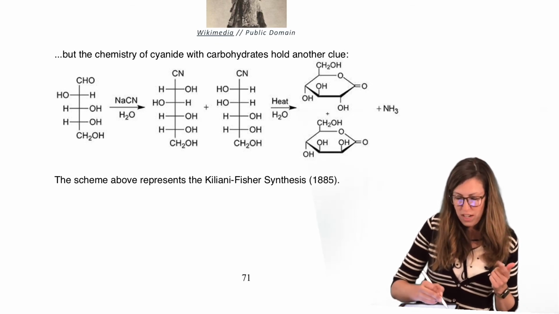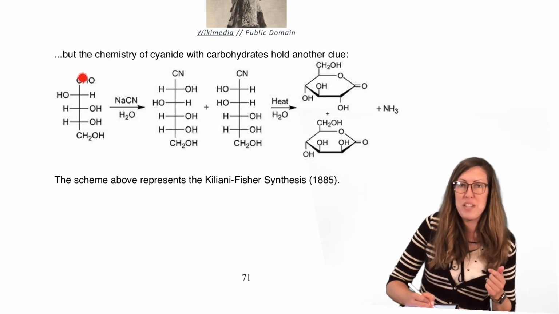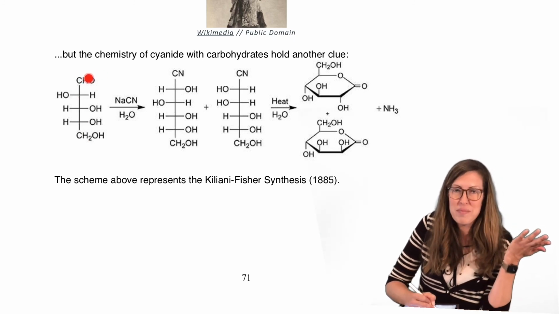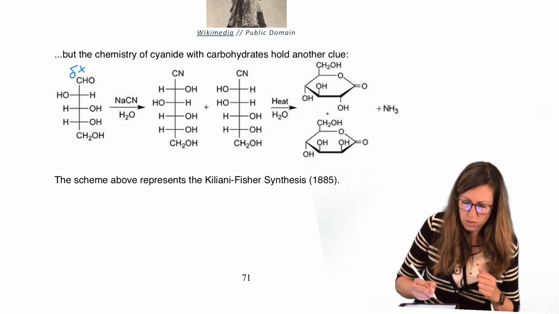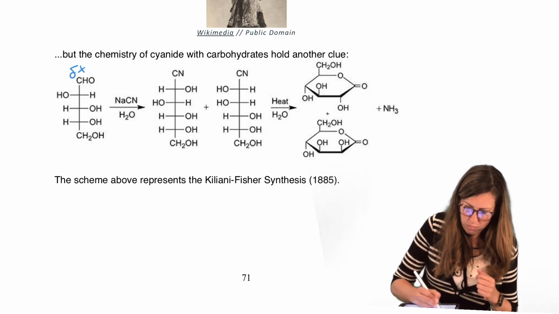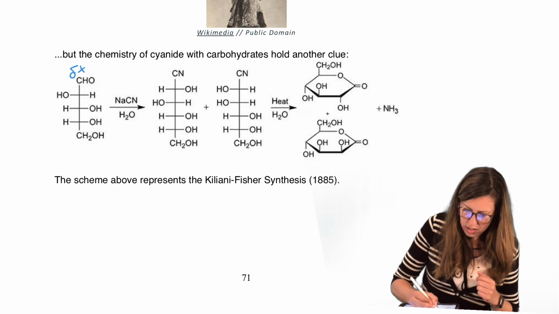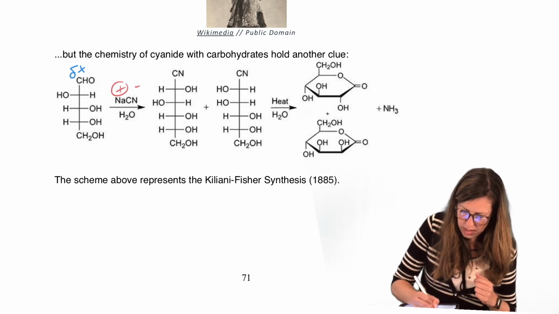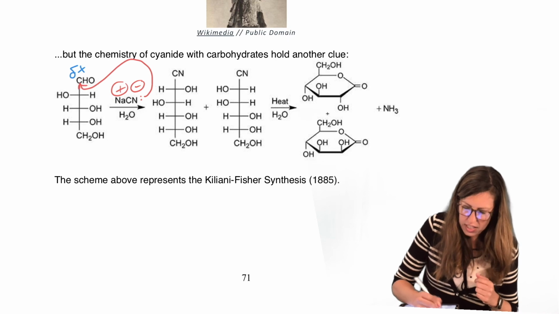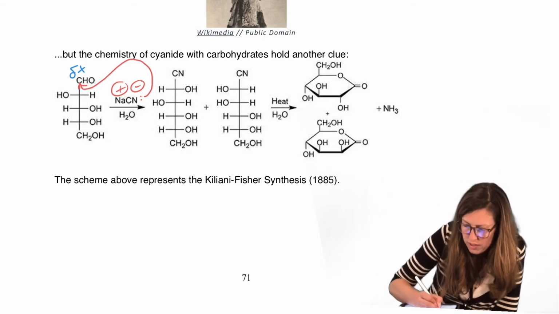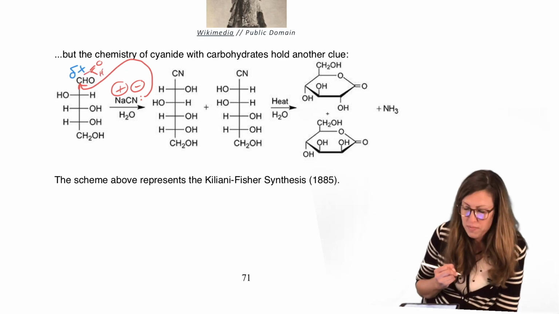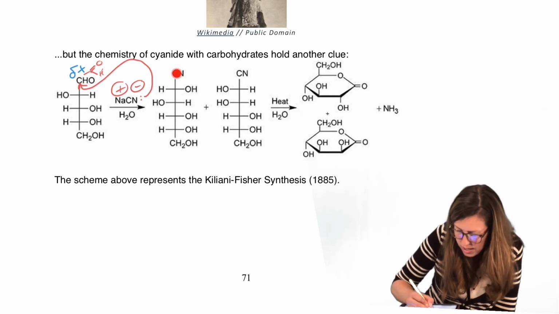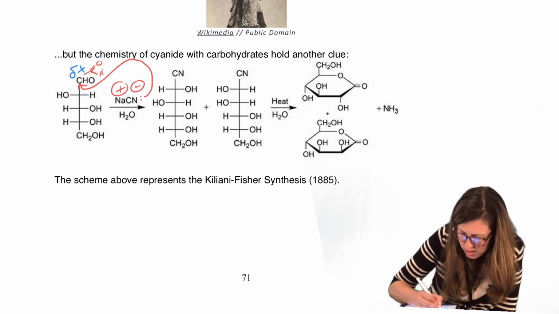Carbohydrates. What do carbohydrates look like? They have aldehydes at one end. This is the aldehyde chapter. What are aldehydes? Electrophiles. What is cyanide? A nucleophile. Actually, it's a full minus charge. So this is plus and minus. It attacked. That's the CHO, right? So CHO means that. It attacks that carbon, and look what we get. Cyanide attached to this carbon. So this is the green carbon here. It moves down one.